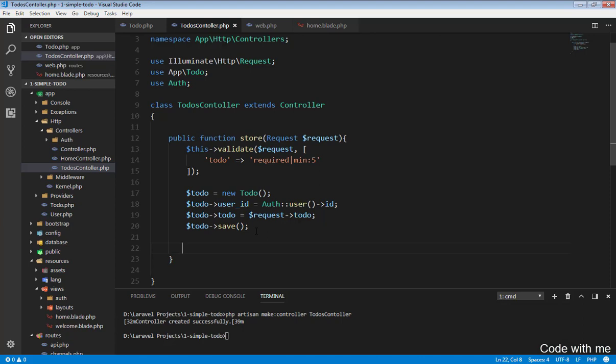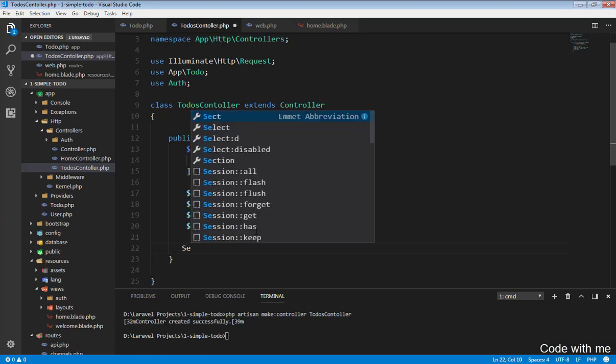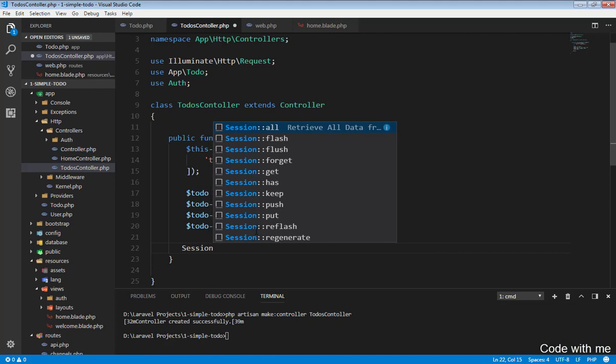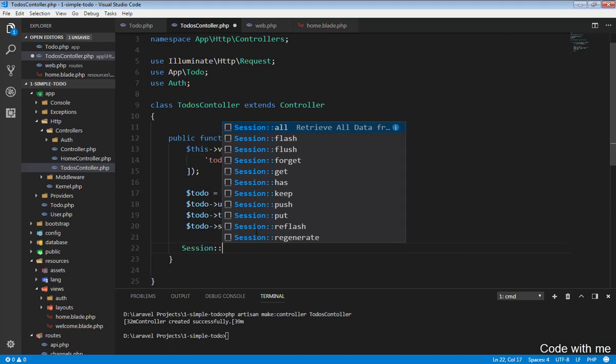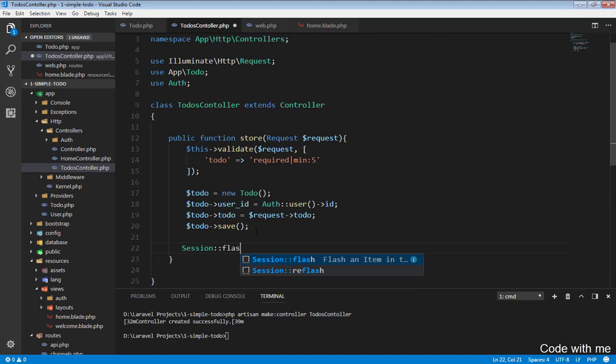You want to give your user a small message stating that it was saved, otherwise they might get confused. To register a message, I will use something called a flash message, and it is done like this. I want to set a session flash message, and the name of the message is success, since we have successfully saved that data. And the message I want to give to the user is